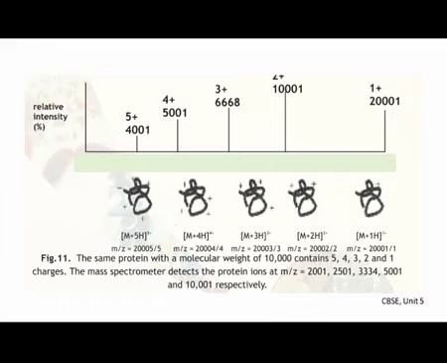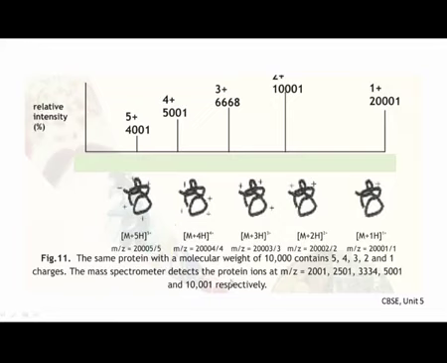Here is a representative figure taken from the CBSE Unit 5 book. In figure 11, you can see the relative intensity for the same protein with a molecular weight of 10,000, which may contain 5 charges. So, as I said, M plus 5H, 5 protonations. It can have 4 protonations, M plus 4H, or 3 protonations, 2 protonations, or 1 protonation. So, it can have 5 positive charges or 4 positive charges, 3 to 1 positive charges, and for each one of them the mass